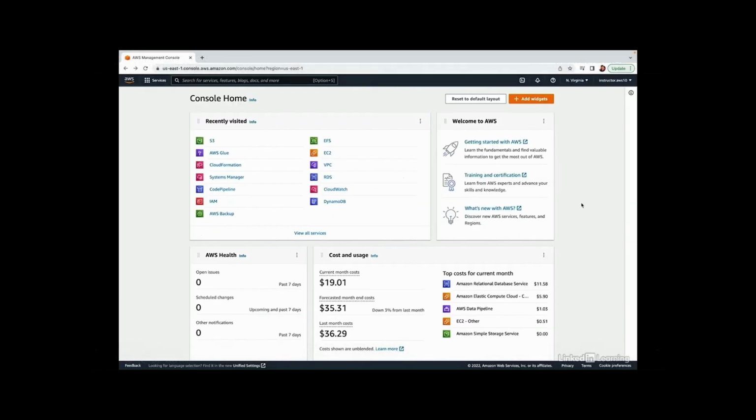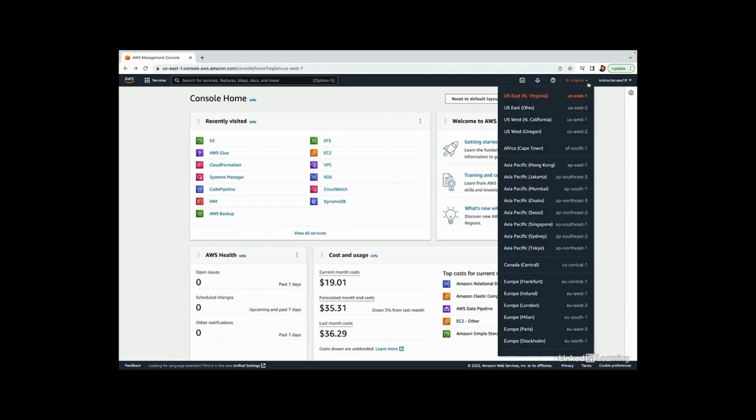Let's get started by creating an S3 bucket. Here I am at the main dashboard of Amazon Web Services, and before we go into the S3 specific section, I want to point out this dropdown, which for me currently says North Virginia, here in the top right. If I click it, you'll see a list of all the regions in which AWS operates. This dropdown exists on most screens in Amazon Web Services, and it's used to determine where the resources that you